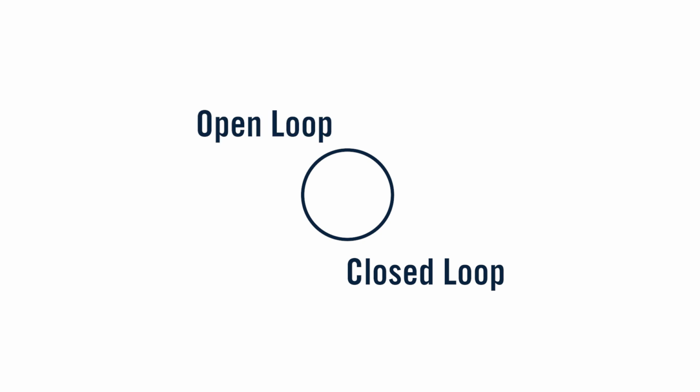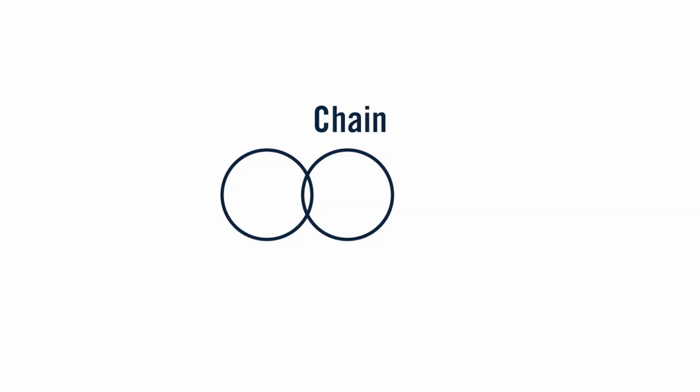So we would have an open loop that's, say for example, I need to respond to this email. So I would click on the email. I would read through the email and then I would respond immediately. That would create a closed loop, but maybe there was something in that email that I needed to do afterwards. Maybe I needed to add something to my calendar. So that turns into another open loop.